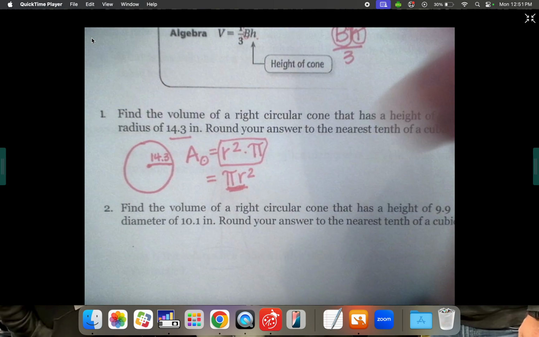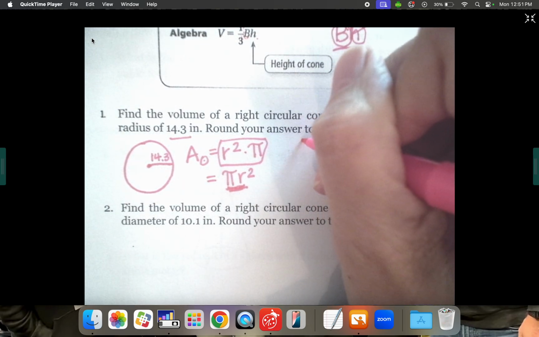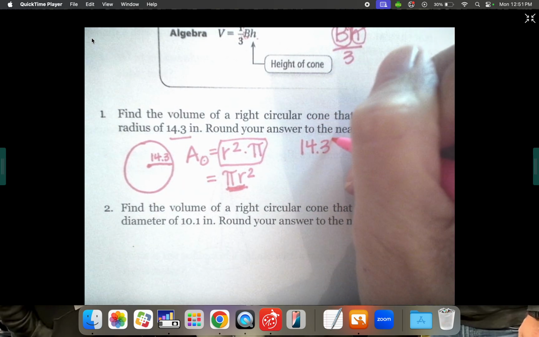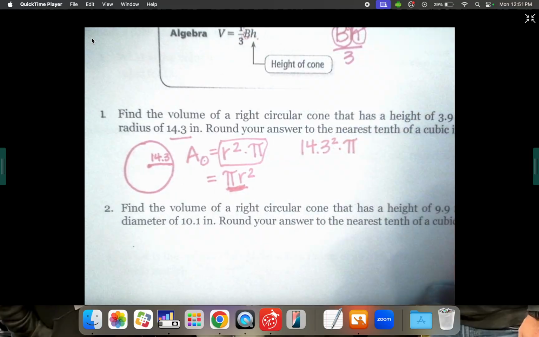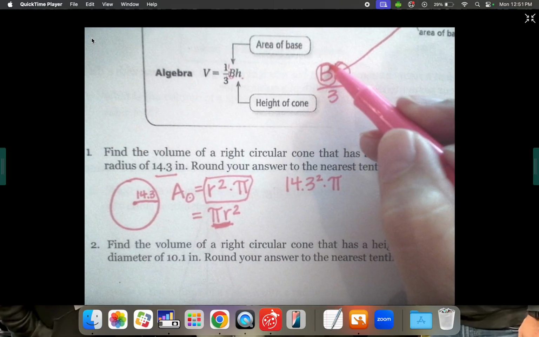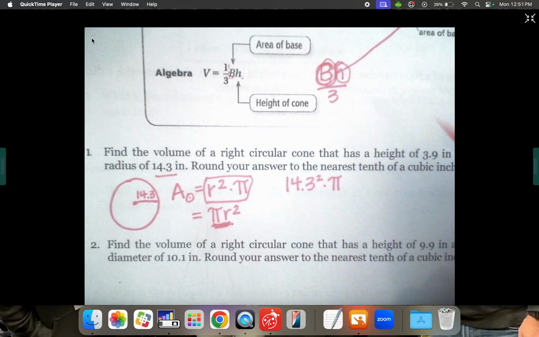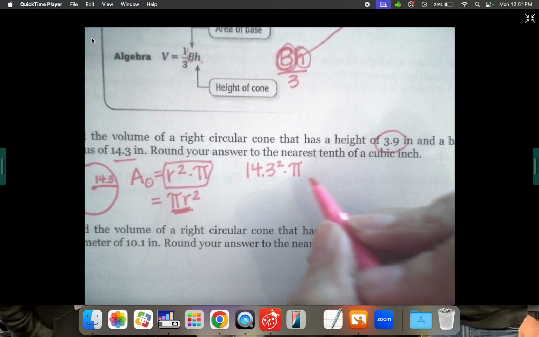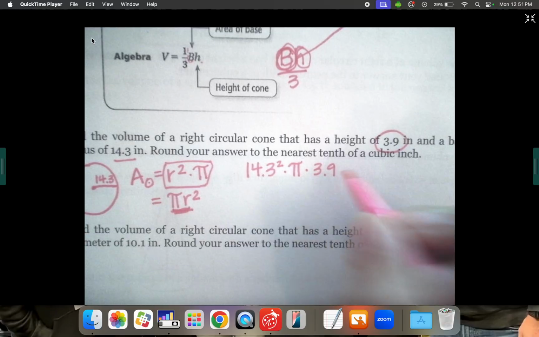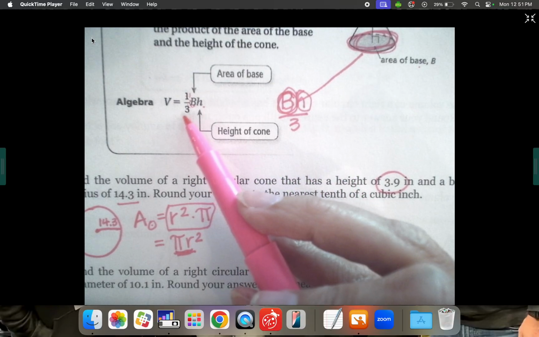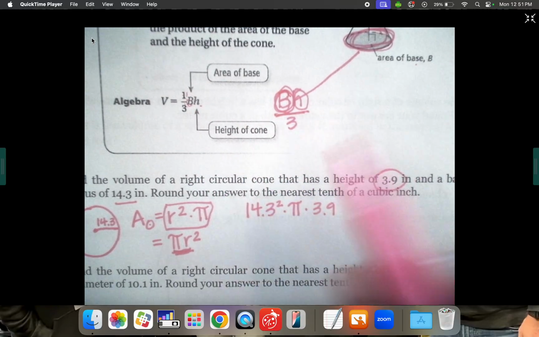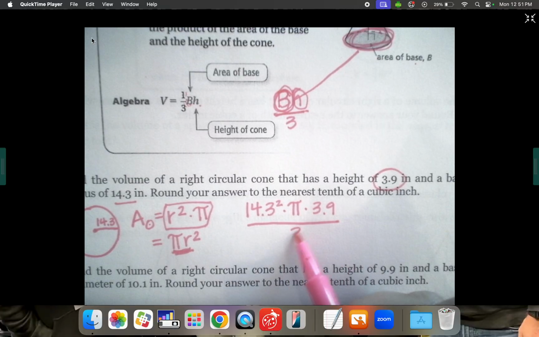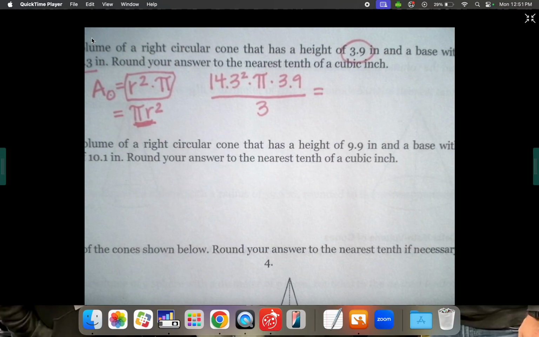Our radius is 14.3. So we're going to do 14.3 squared times pi, and that is going to be our capital B. Then we're going to multiply by the height. And remember, it told us right here that our height is 3.9. And then we can either multiply by 1/3 or just divide by 3. So I'm going to divide that whole thing by 3, and that is going to be our answer. We're just going to type this whole thing into our calculator. So here we go. 14.3